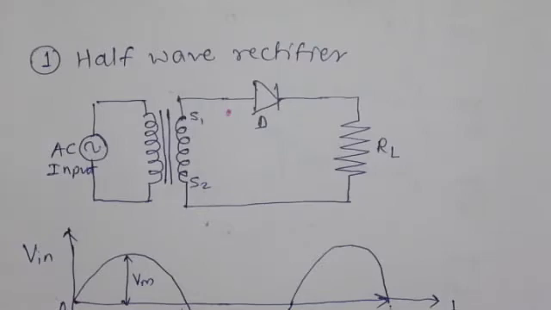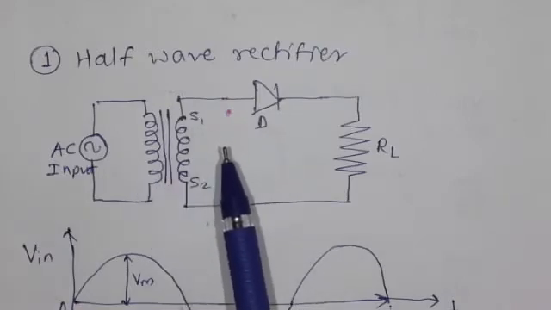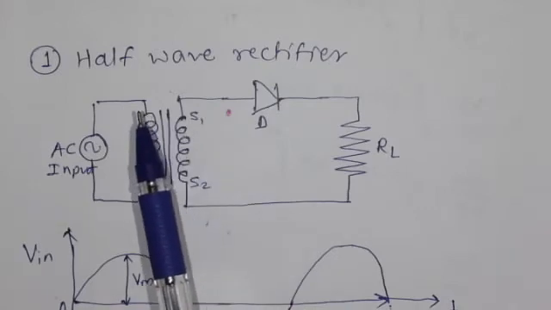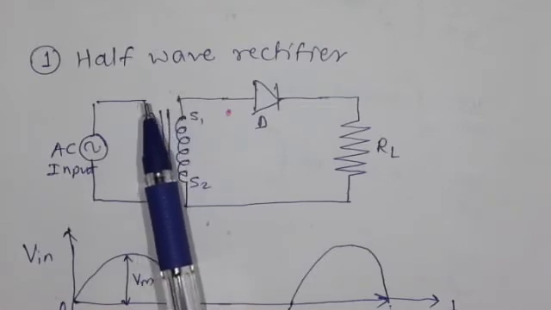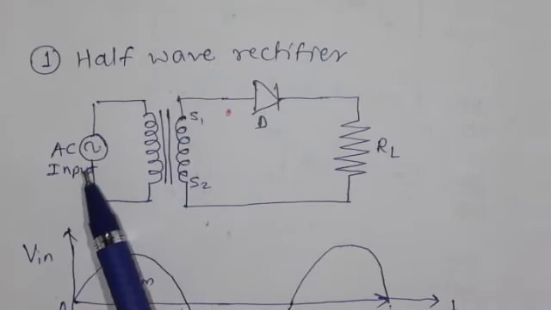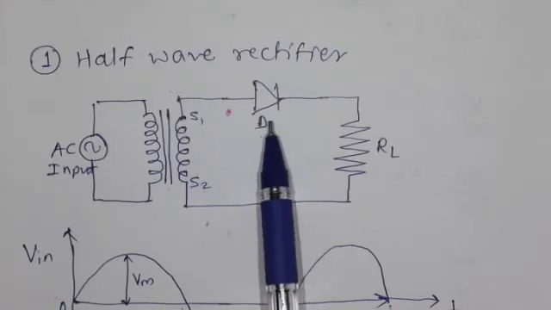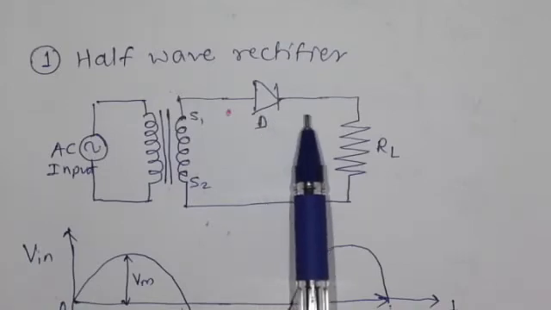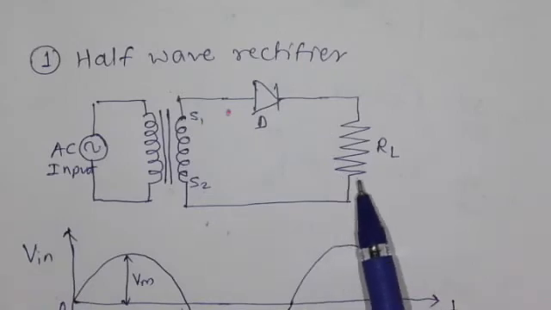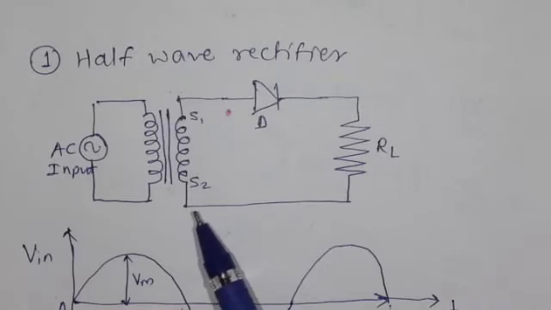Now this diode is used to make the rectification of the half wave signal. It means that from the total sinusoidal signal, only the half part or half wave must be converted into rectification. Now this circuit consists of a transformer. To the primary of this transformer, the AC input is applied. At the secondary, the diode is connected, and the N terminal of this diode is connected to the load resistor or load terminal. Another terminal of this load is connected to another terminal of the secondary.